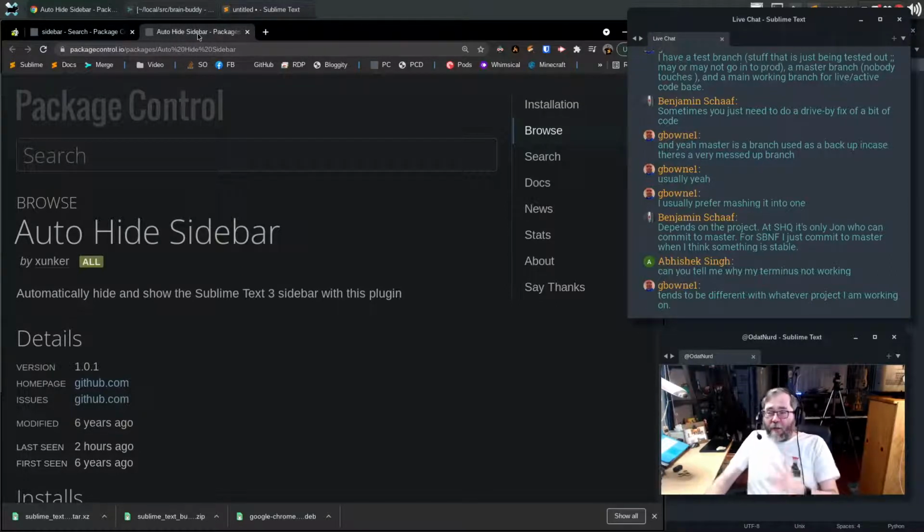Now, my personal policy on merges, for a long time, was that if it was a fast forward merge, it was a fast forward merge, and if it was a regular merge, it was a regular merge. I just left it the way that it was.